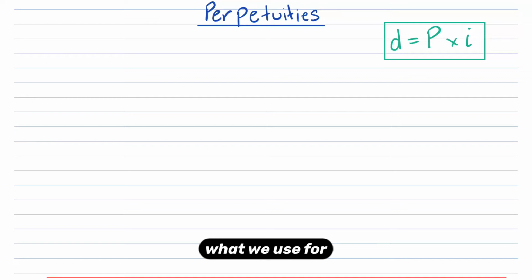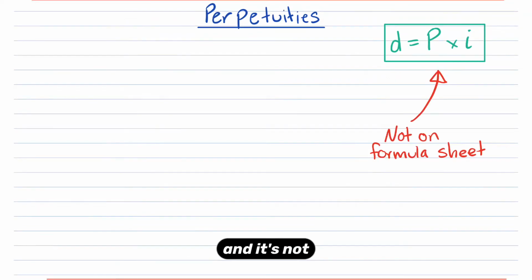This formula is what we use for perpetuities, and it's not on the formula sheet. So you do have to remember that formula. But just before we get into what each of those letters mean, let's just talk about conceptually what a perpetuity